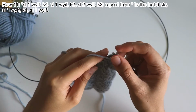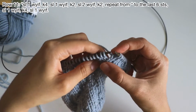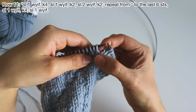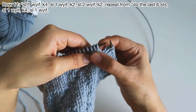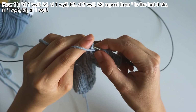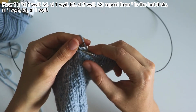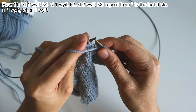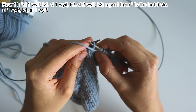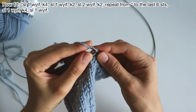yarn to the front, slip 1 purlwise, knit 2, and here, this is why you have to read the instructions, because here you can see there's a purl stitch and a knit stitch. If you were to read the knitting, you would just slip the first stitch and then knit this one, but you have to slip it too. That's why you have to read the instructions. So you slip 2 stitches, knit 2,